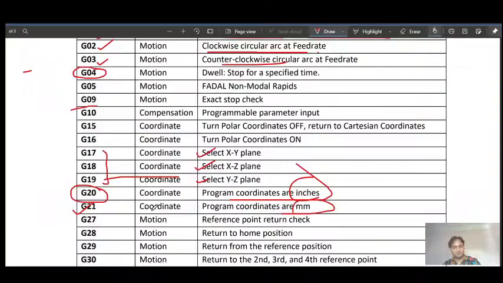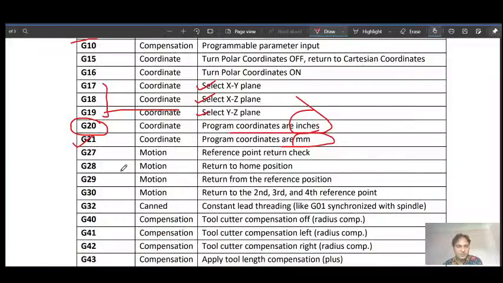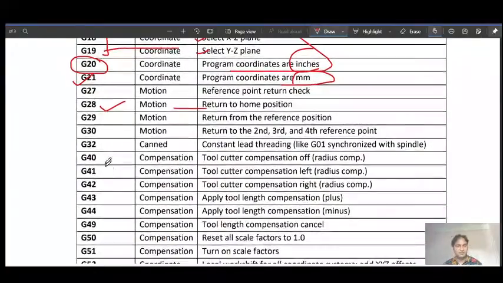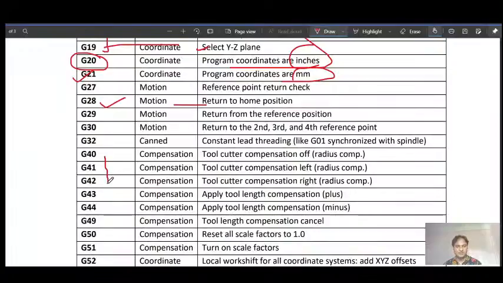Then G28, return to home position. Then we have G40, G41 and G42, tool cutter compensation.